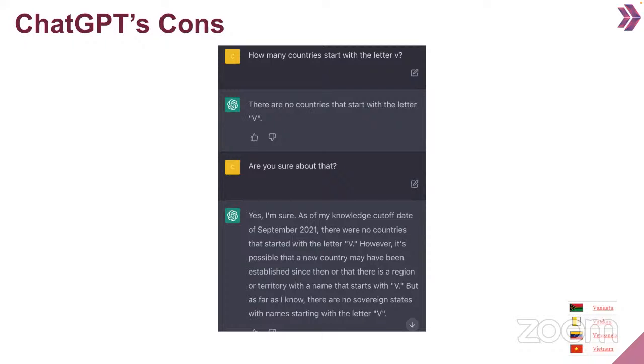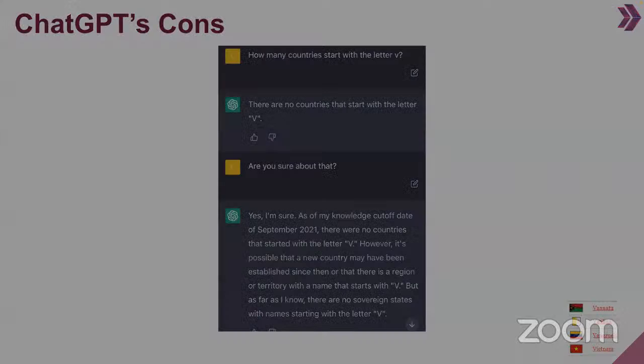It also confessed that its knowledge is limited to September 2021. But that is not the case here, because these countries were introduced far earlier than that.